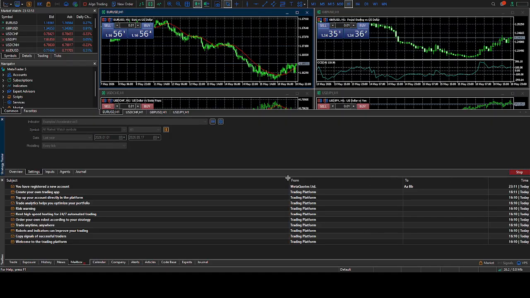You can monitor the results in real time, and once the testing is completed, review the results and stats provided by the strategy tester. This will include data such as total profit, drawdown, and the number of trades executed. Analyzing these results will give you insights into the effectiveness of your strategy and help you make necessary adjustments to